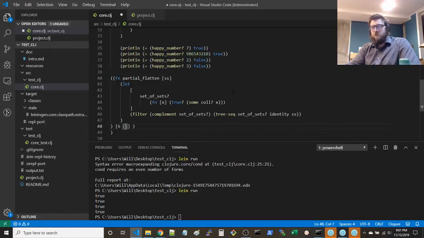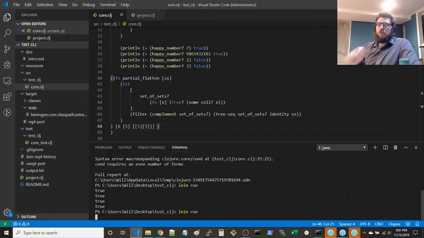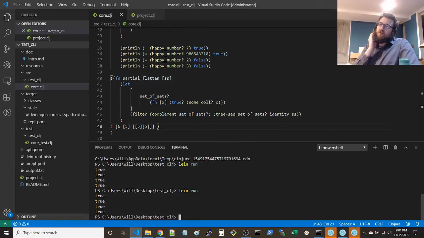Something like this. See what happens here. Expecting to get an error.